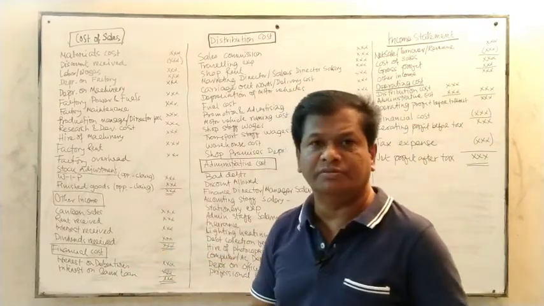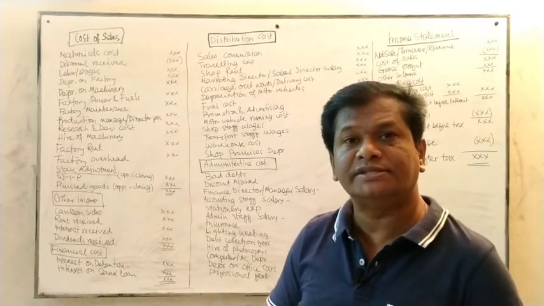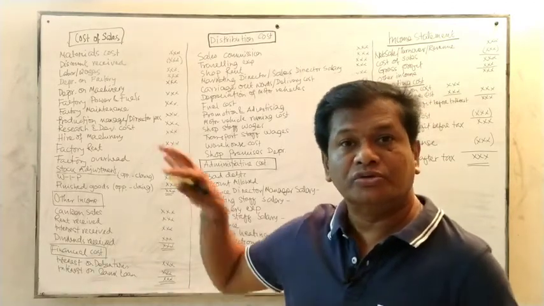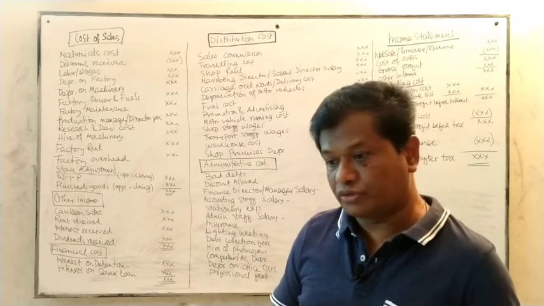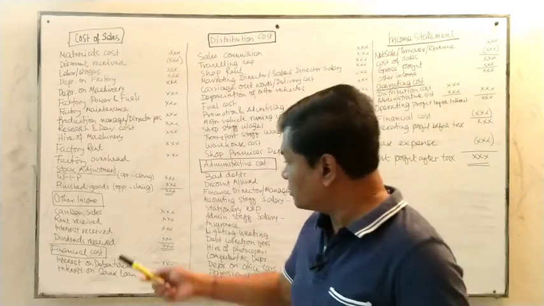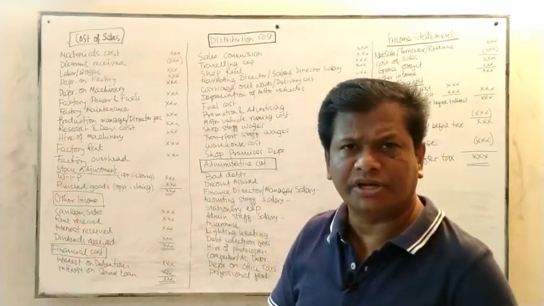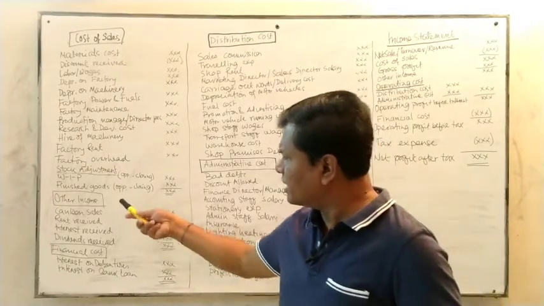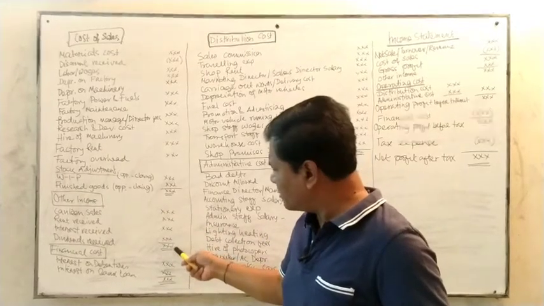Again, the dividend received. Maybe some of the liquid money is available in the business, and the company needs to utilize that money properly, and within time they can invest that money in the shares of different public limited companies. So that company may provide some dividends, that is called the dividend received. So this figure also is received. More or less these four or five items are received by the business. So this is written as other income. The total figure is over here.